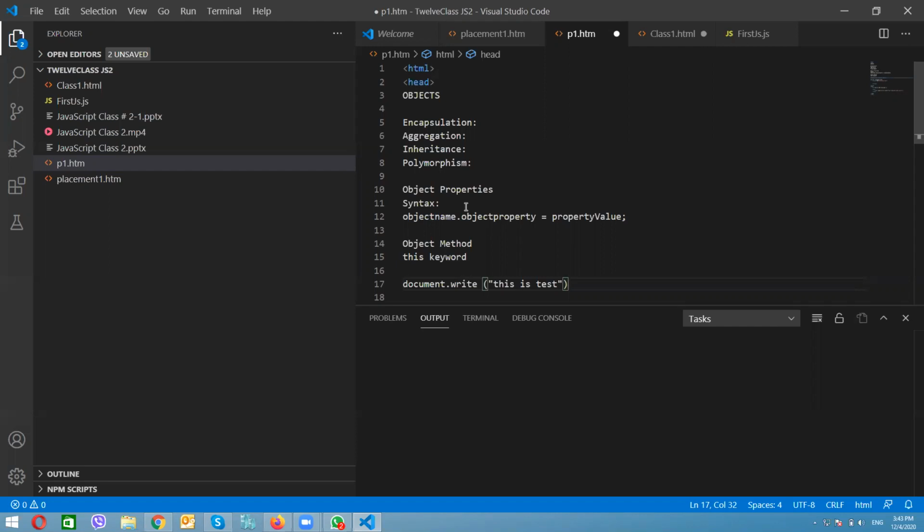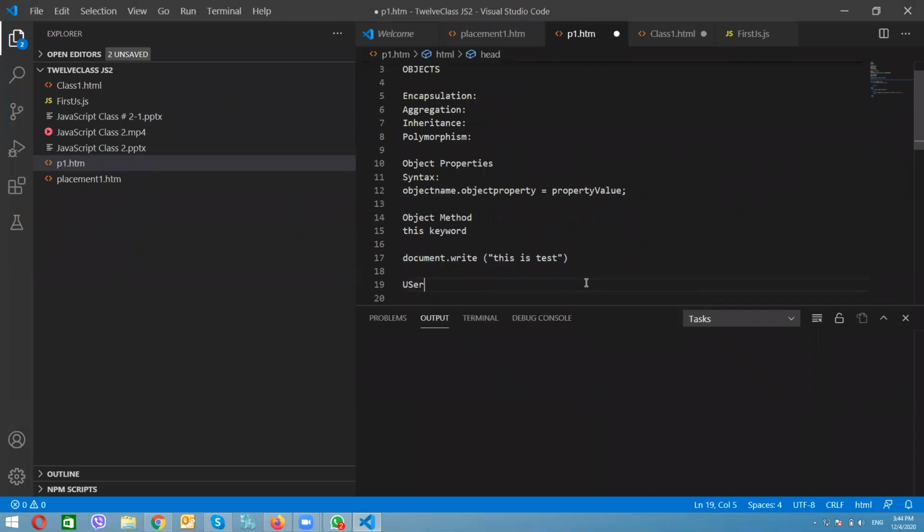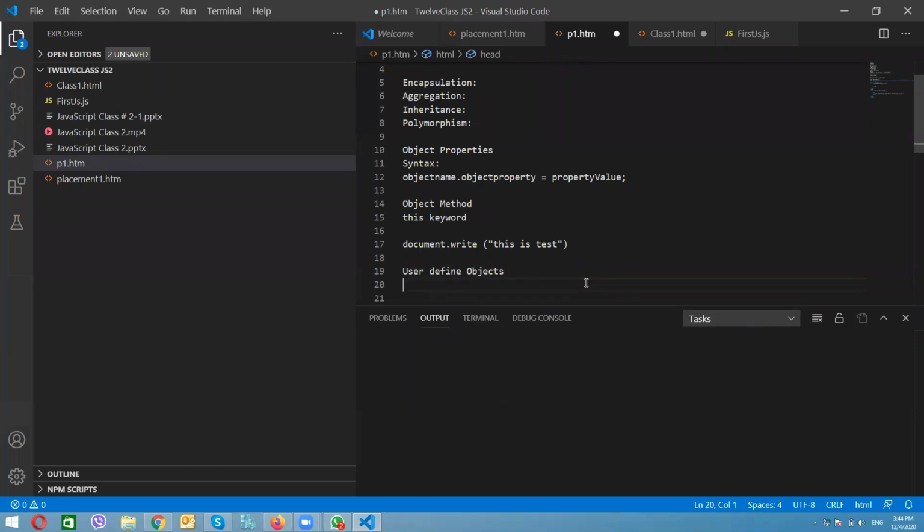Let me explain what that is. There are user defined objects as well. All user defined objects and built-in objects are descendants of an object called Object.